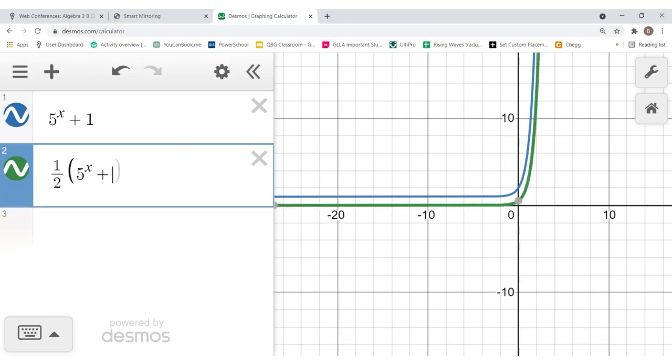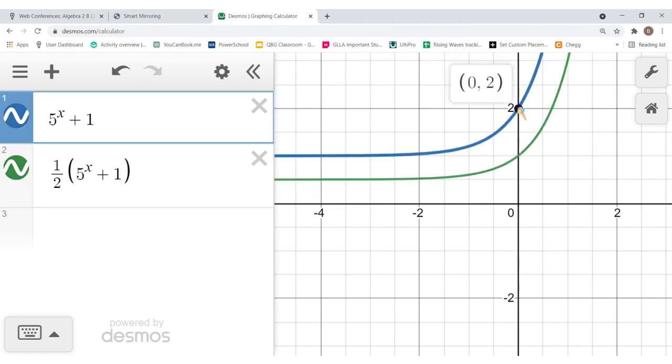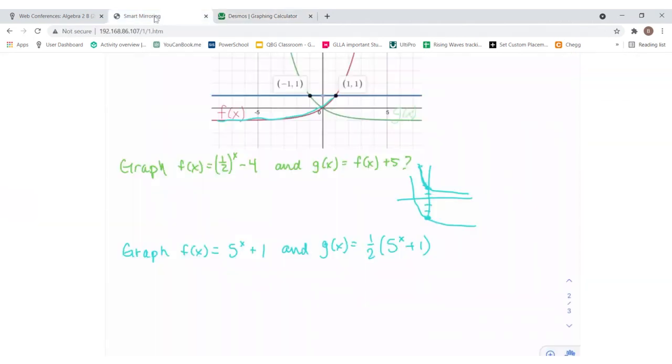And I think I'm going to zoom in here so we can see better points. So that's at 2, and that's at 1. Okay, so then you would just graph those. And that's basically all you do for F.BF.3 for unit